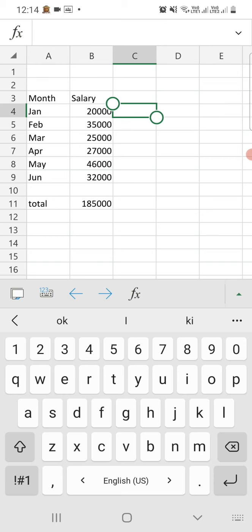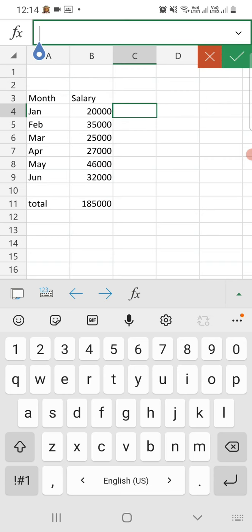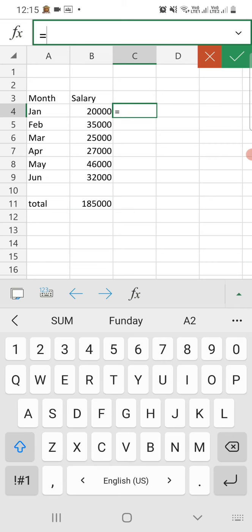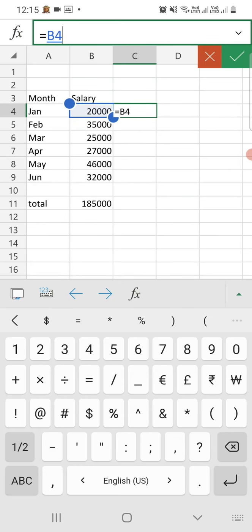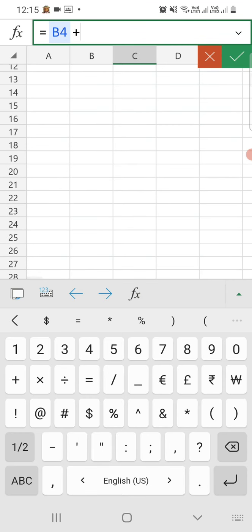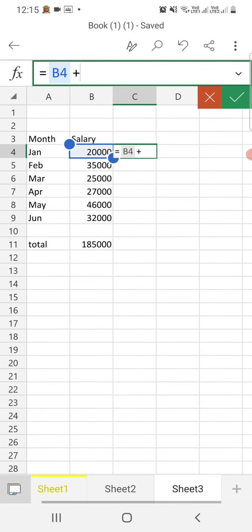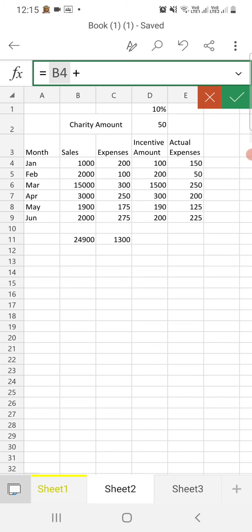That means we need to type the formula here: equal to B4 cell, where we are writing the formula, plus, go back to sheet 1, Sheet1 D4. Okay, Sheet1 D4.